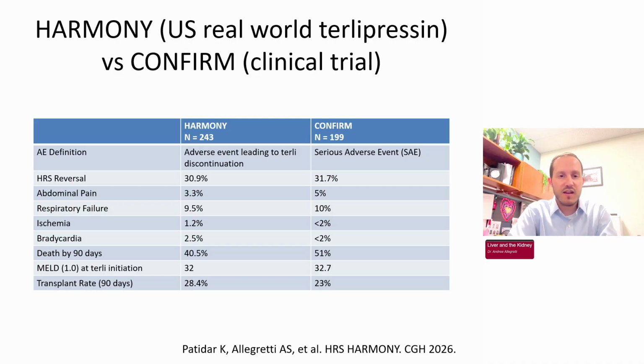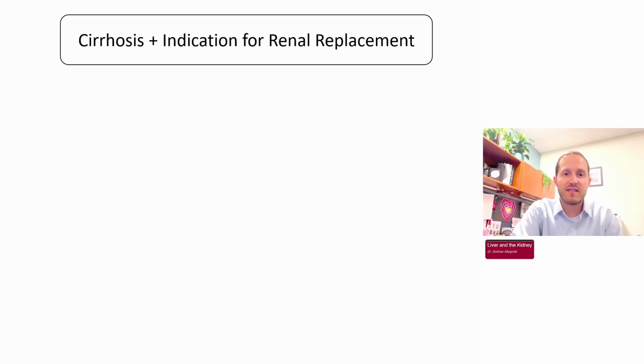I don't use it nearly as liberally as, as I implied earlier, midodrine and octreotide, but I do use it as a first-line agent in patients I think are likely to benefit from it, and we're trying to improve kidney function as we're waiting for either liver transplant or not, in the case of trying to avoid dialysis. Dialysis is a really big deal, of course, in patients with liver disease.